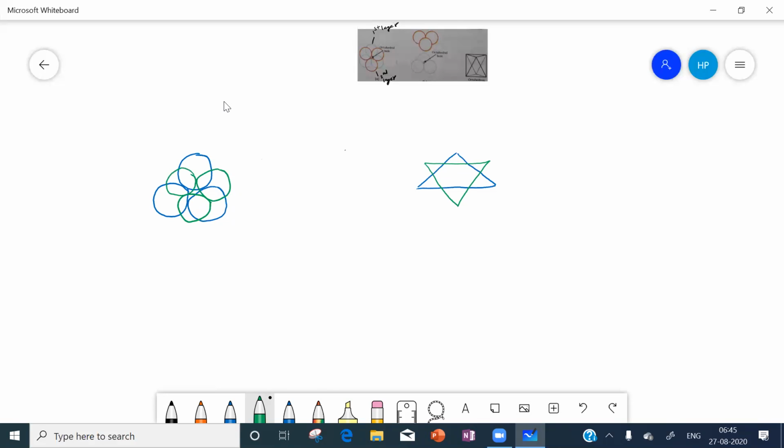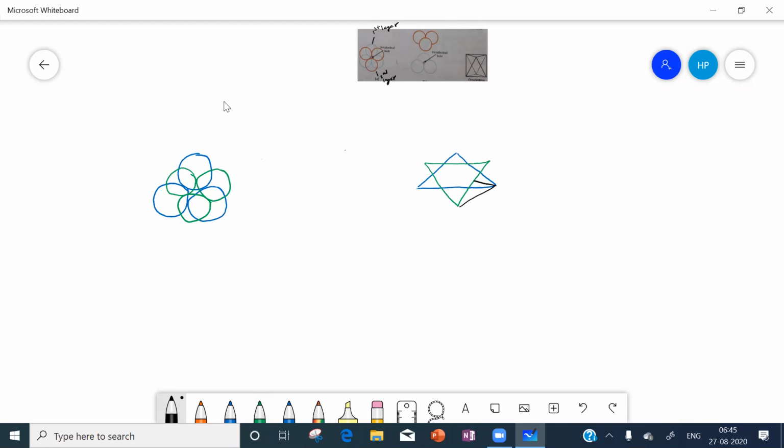So totally how many triangles are there? 2 triangles. Now we have to make 6 more triangles to say octahedron. Now I will join this one and this one, and take this to the center. It is one triangle.